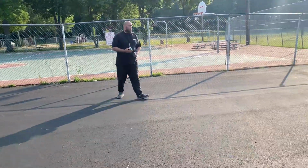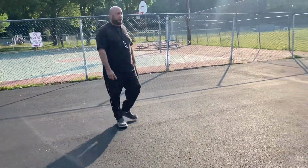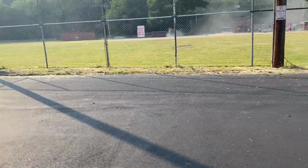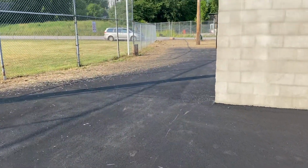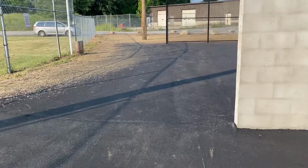I think that's the only thing. So you want to make sure people don't mess it up. It's not painted yet, so I'm just feeling how level it is. You know, this is supposed to get painted. So this is the wall, but also the